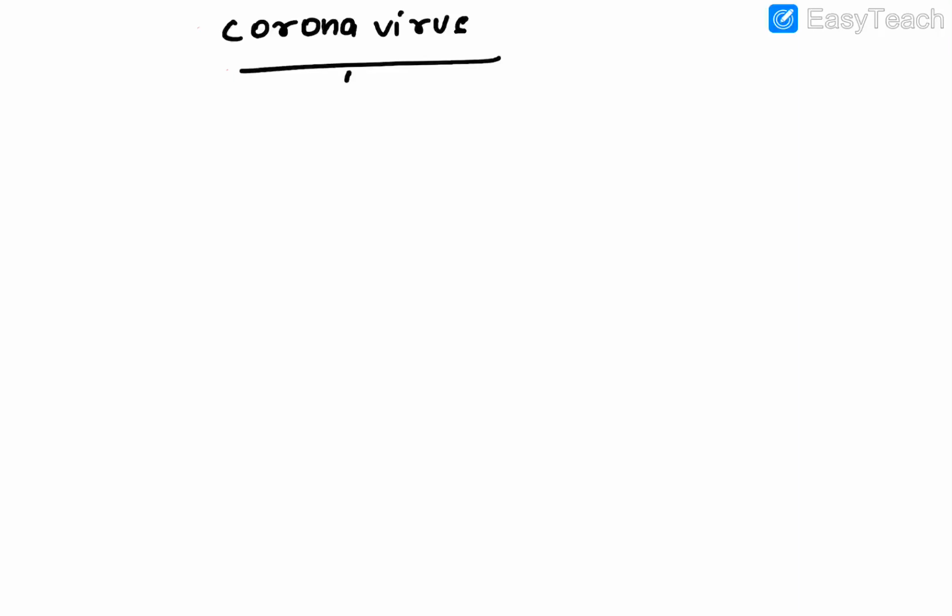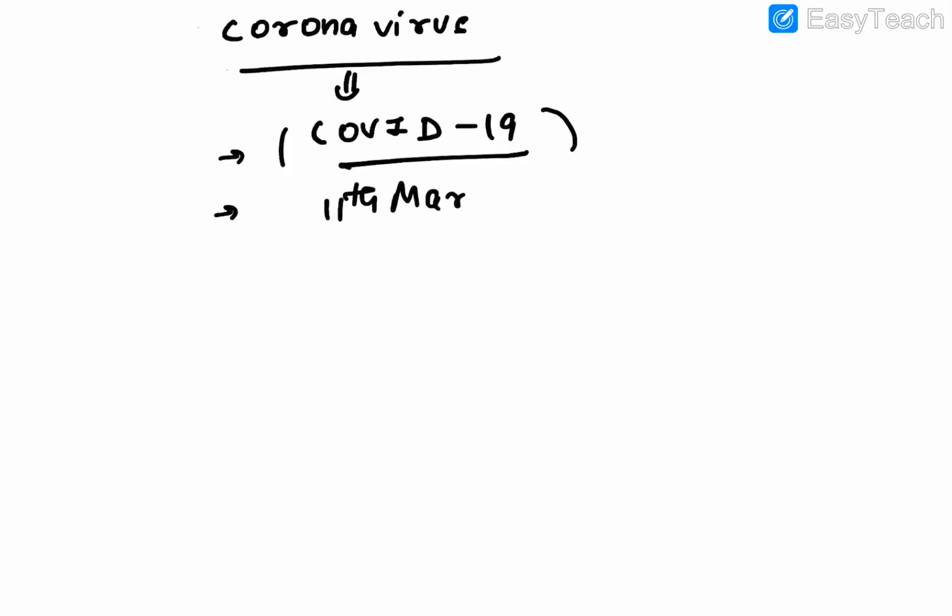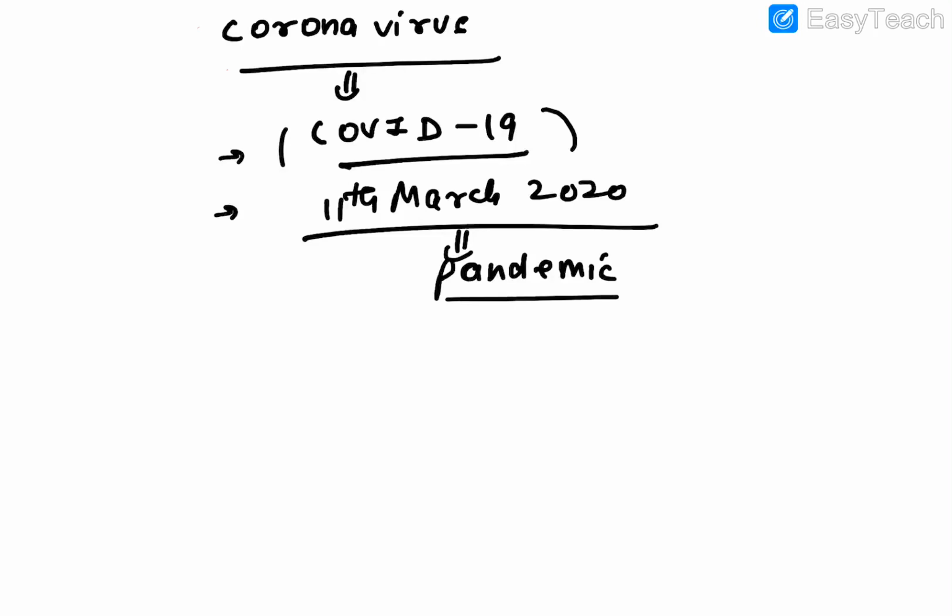Besides that, the disease which it causes, you already know, is COVID-19. Okay, and the term is COVID-19, coronavirus disease 19. It was discovered in 2019, that's why. Okay, besides that, in this coronavirus stuff, you need to remember that it was declared as a pandemic on 11th March 2020 by the WHO. Okay, in this particular time period, it was declared as a pandemic. Fine.